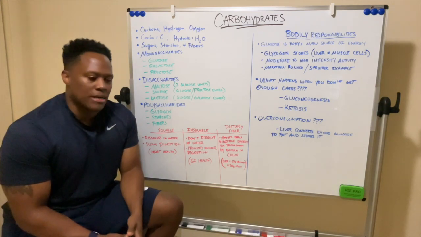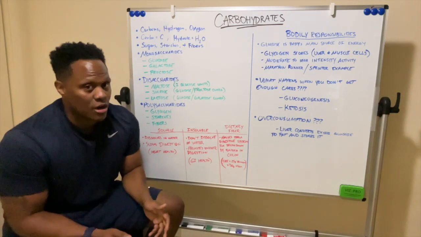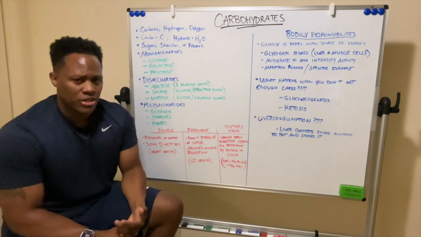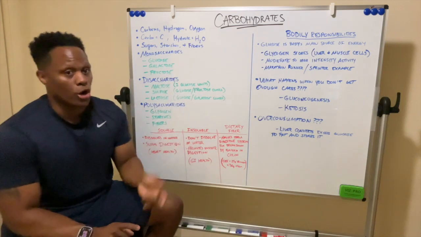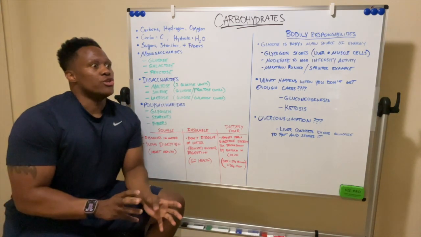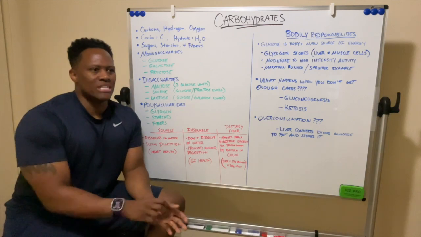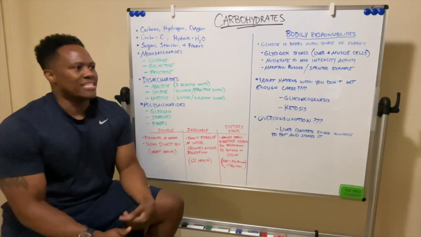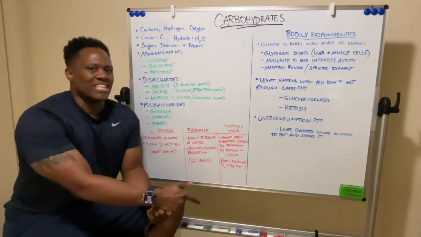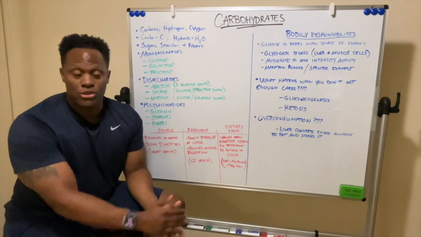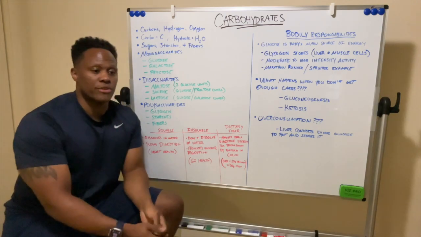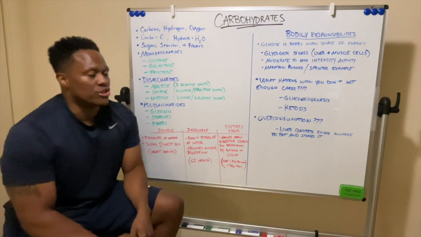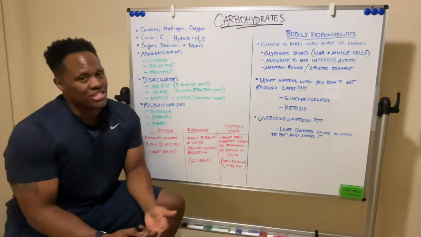What I found when I was in my certificate program, and something I didn't know myself as long as I've been working out, was that when you do moderate to high intensity activity, your body prefers carbs. It prefers glucose. Whereas if you're doing something that's not as moderate, you're doing like really light intensity, something that's very low in intensity, then your body's gonna prefer to use triglycerides, which is a type of fat. So essentially, your body's gonna want to prefer fat for the less intense things. But anything moderate to high intensity, your body uses glucose for that, because that's what glucose essentially is really designed for.